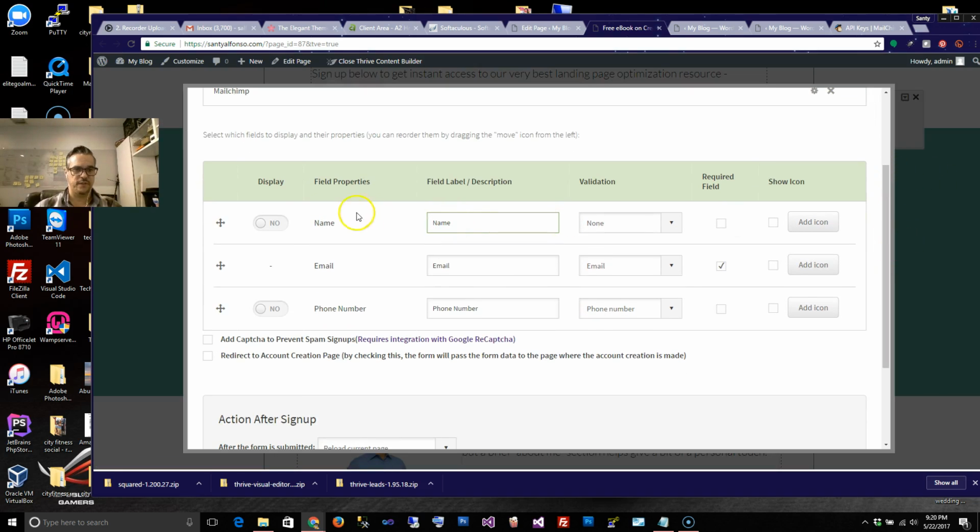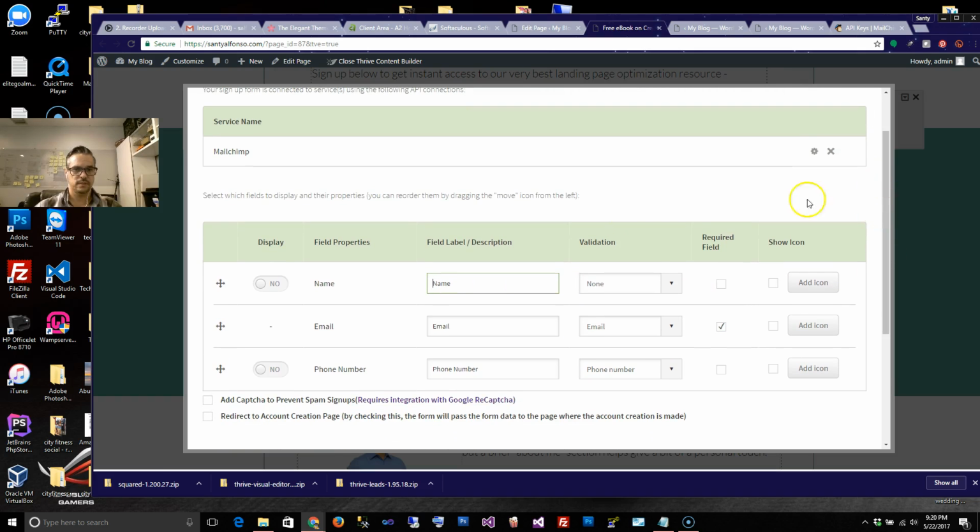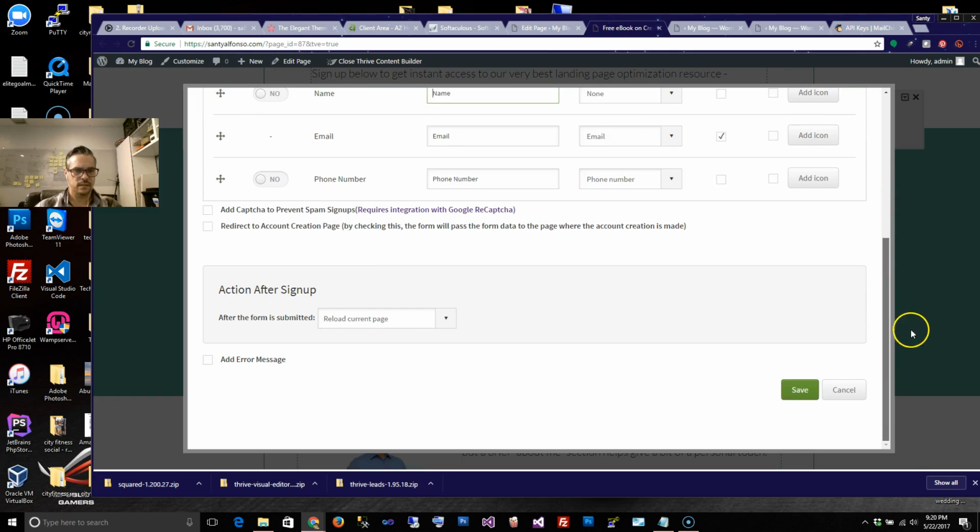All right, and then these are the fields that are on the page, I believe. All right, so if you want to display them on, we're going to go back to that. And then here, after the form is submitted, what do you want to do? You probably want to redirect to page. And then here it's going to ask you to search for a page, but we don't have one yet. So I'm going to say redirect to URL, and we'll put